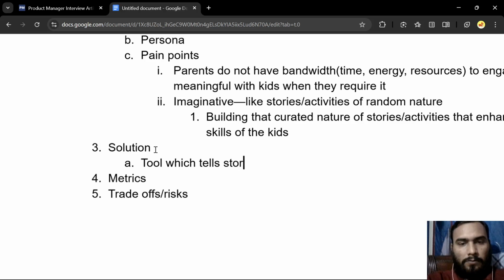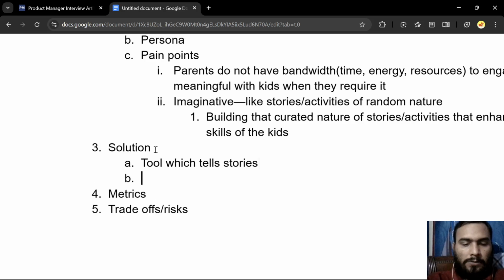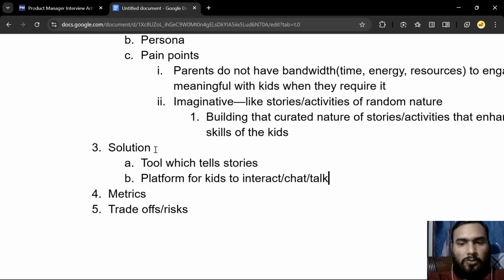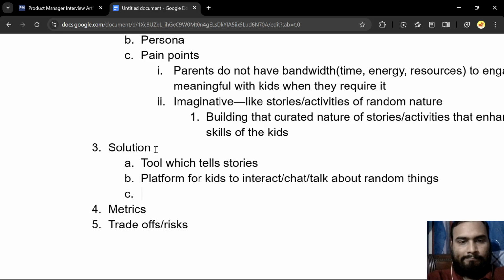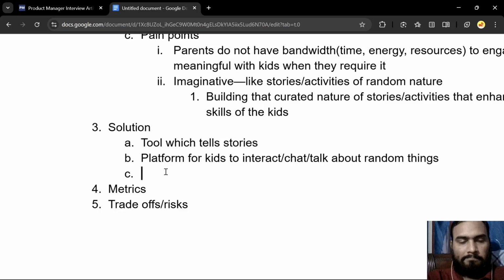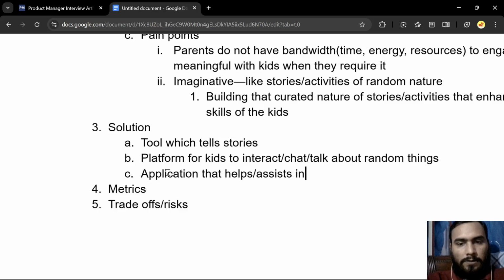tells stories, a platform to interact, chat, talk, an application that helps or assists with a set of